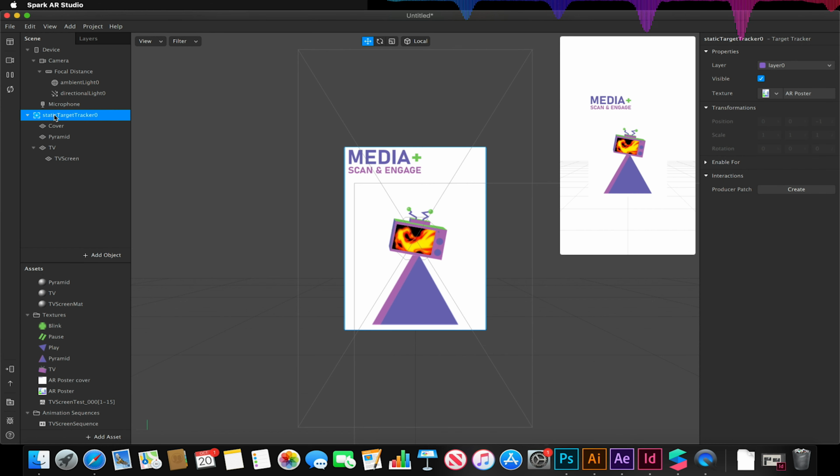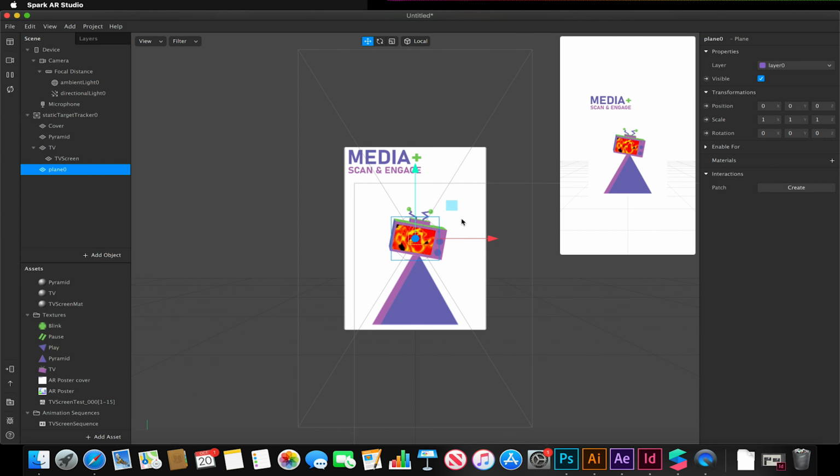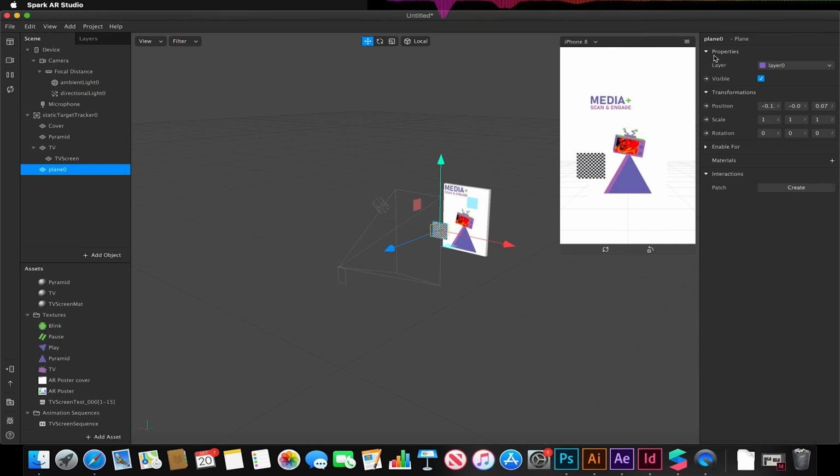So to do that, I'm going to right click on my static target object again and select plane. I'm going to just change my view slightly, and I'm going to add this plane object to one of the sides of my object, like so. I'm going to just rename this to play,